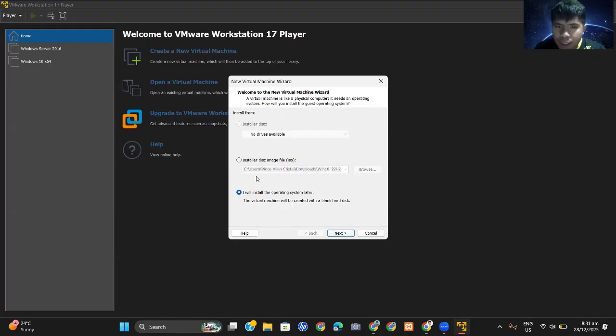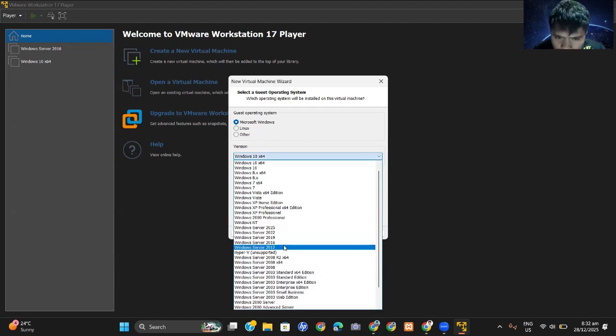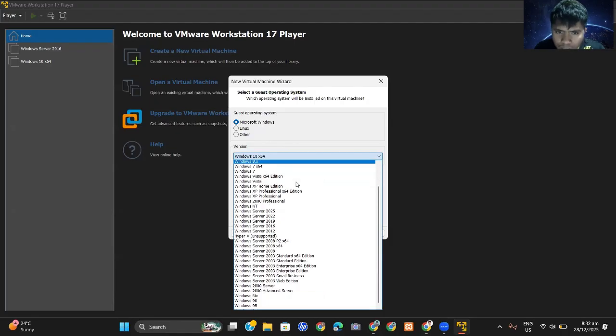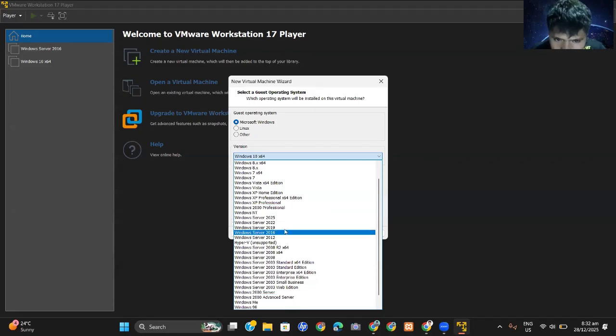If we select the installer disc file, it automatically causes some errors that we would need to reinstall again. So click next, then choose the guest operating system and the version. For the version of Windows Server, I choose Windows Server 2016 here.